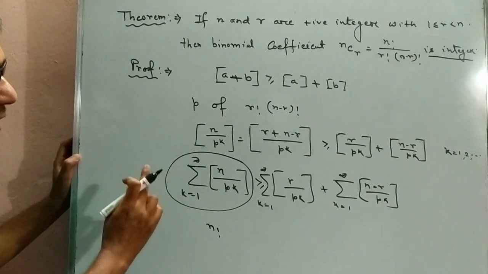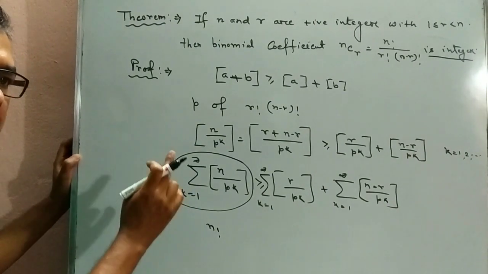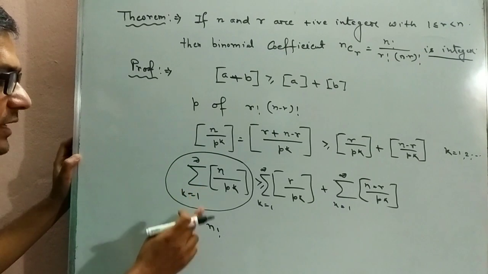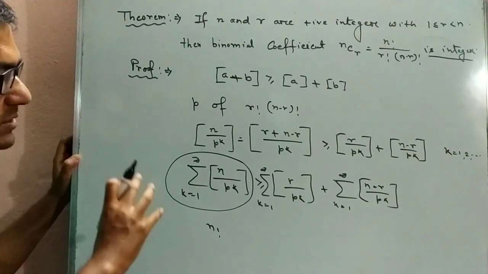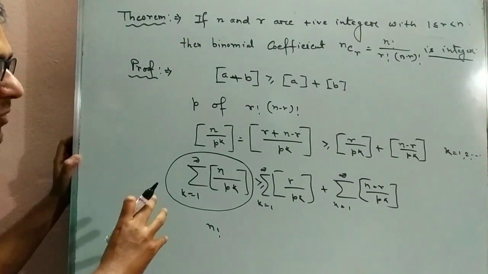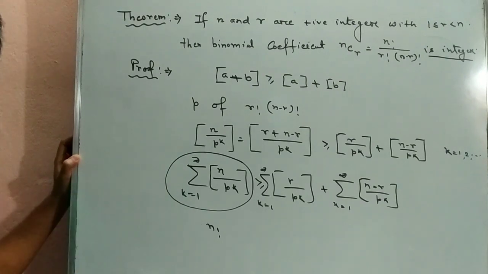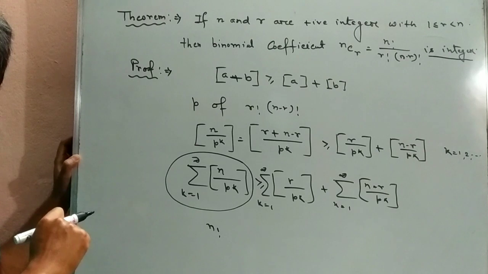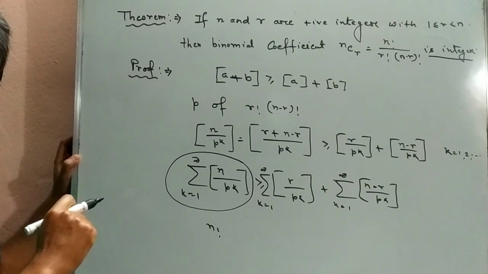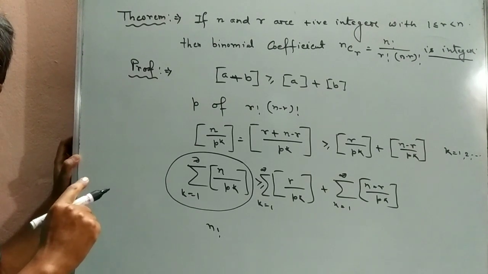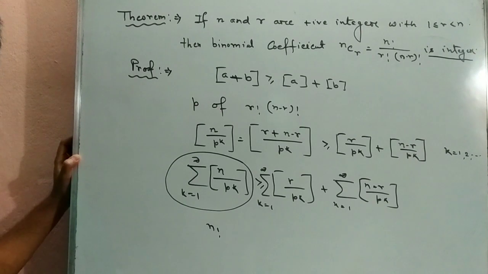Okay, the exponent of the highest power of the prime p dividing n factorial, and this theorem is discussed in previous classes, and the link of this class is in the description box. Okay,